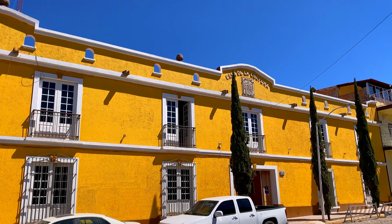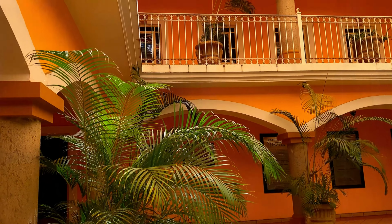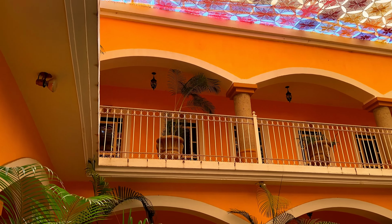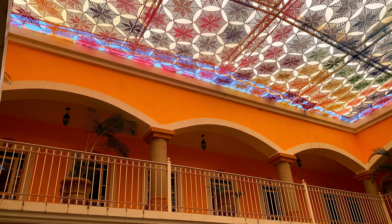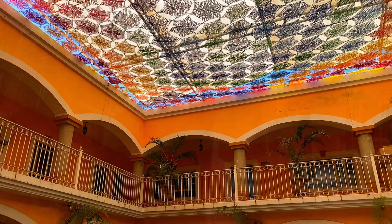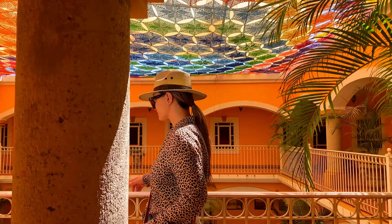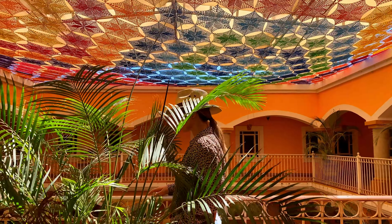The next building you should consider visiting is La Casa de la Cultura, the House of Culture. This is a municipal government building and it was built in 2006 with the purpose of fostering and promoting local culture. Despite being a relatively new construction, its design actually emulates some of the old local mansions, which I think is great because it gives us a good idea of how these wonderful and historical local buildings look like on the inside. Additionally, this property houses the municipal library, an auditorium, and various educational classrooms, as well as the interesting Wahicar